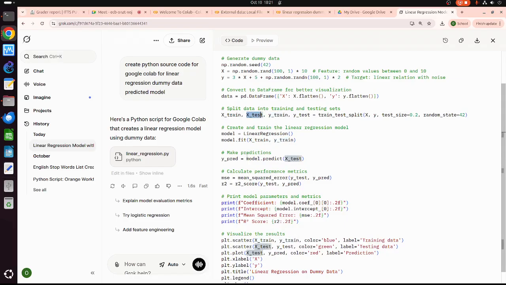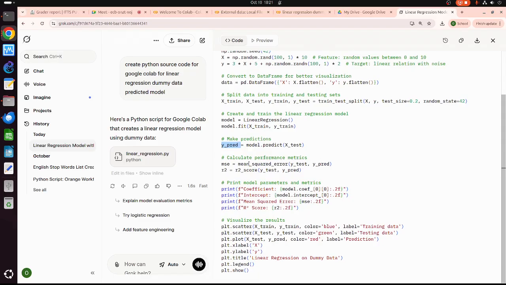We will get the y prediction. Then we calculate the error comparing y test and y prediction, and this is the R square score as well, also calculated from y test and y prediction. So these two will be used to measure the performance, the accuracy of our model.